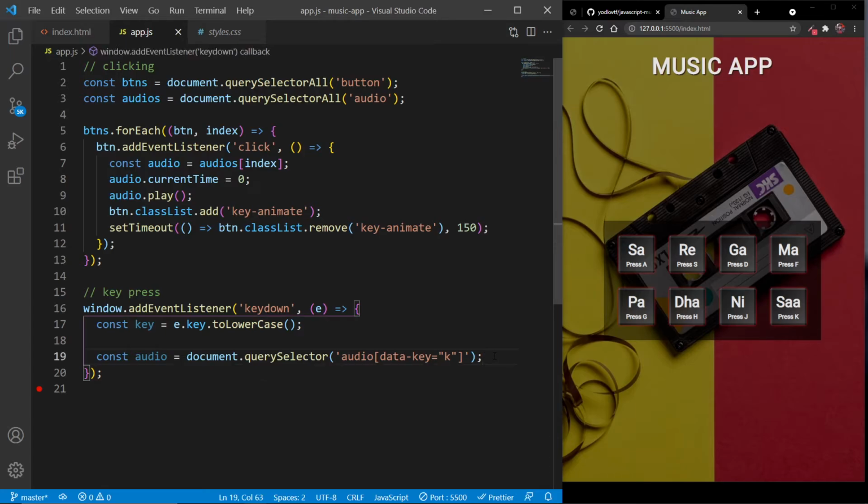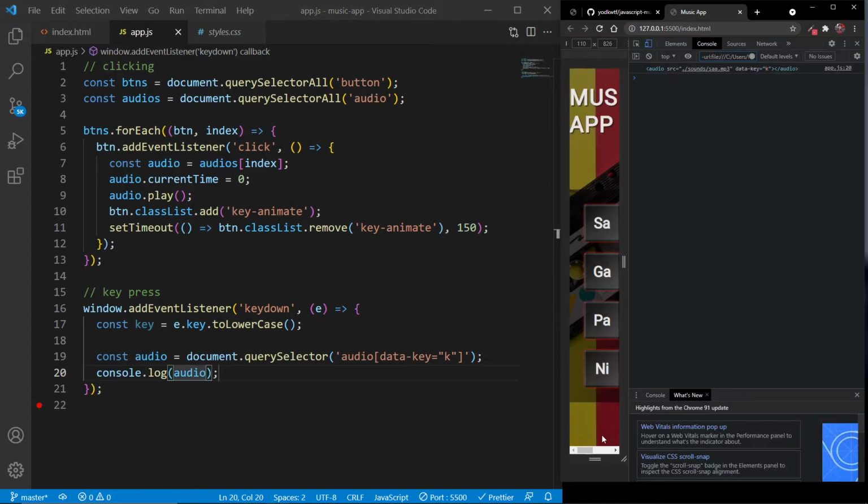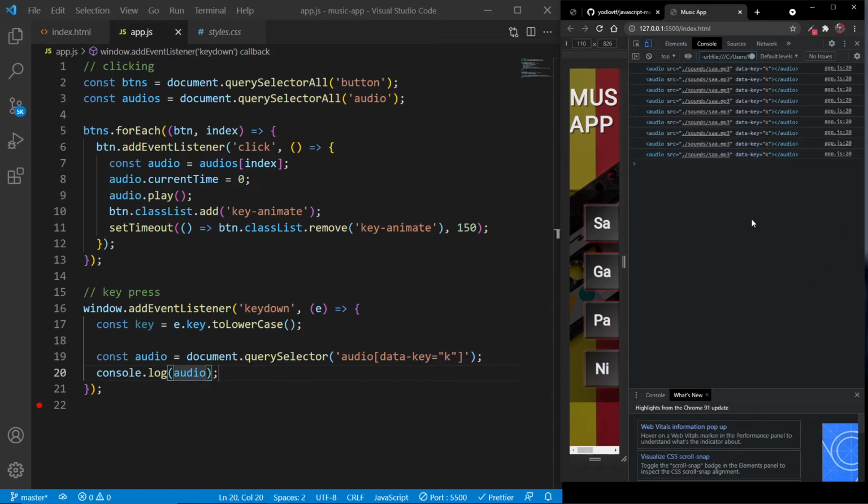And if I log it to show you, and let me open the console again. Now if I click on any of the keys, you can see we are getting the last audio. But we do not always want the last audio, we want it to be dynamic. So if I click on the first one, I should get the first audio.